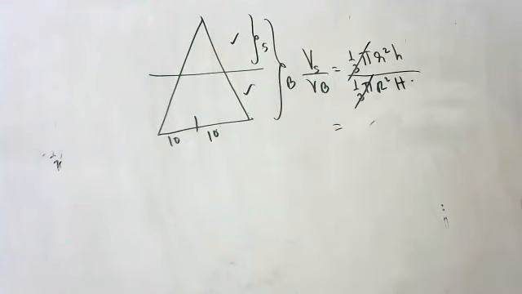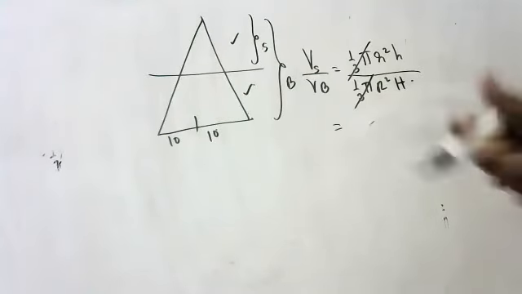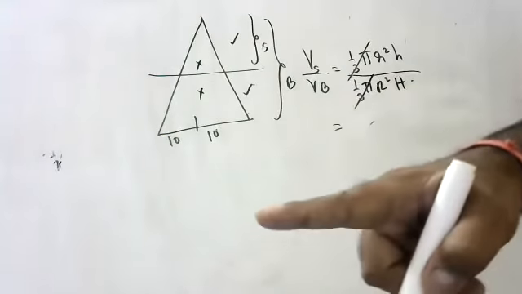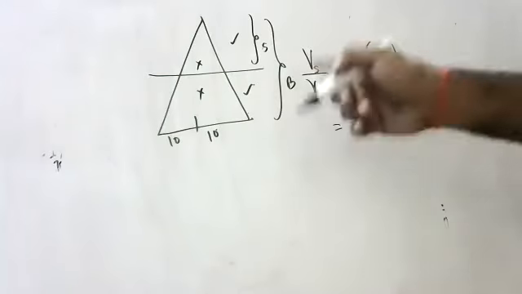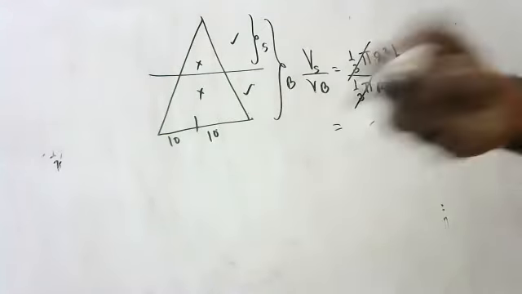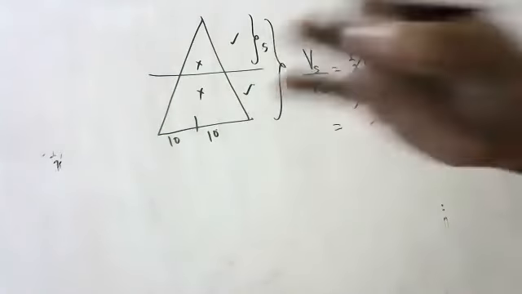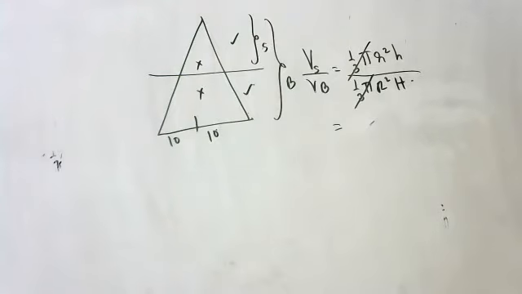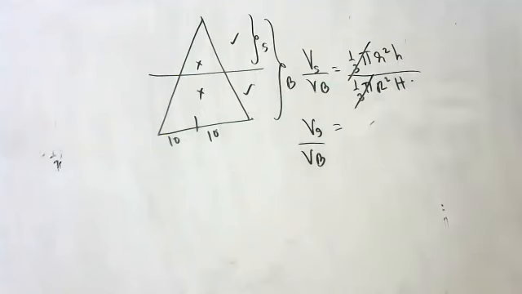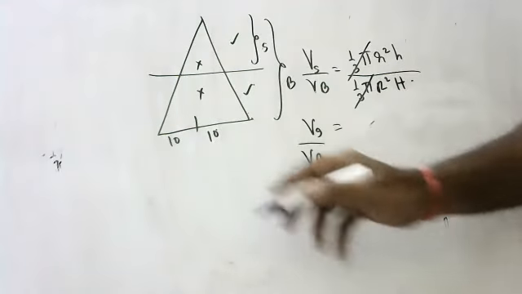The ratio of their volumes they are asking. Sir, we should find volume of small cone by big cone, or volume of small cone by frustum. This by this, the frustum, they want. You don't have the frustum in the syllabus. I am telling in the form of the big cone. From the big cone, I will subtract the small cone, you will get the frustum. I am telling in the form of cones because you don't have that in the syllabus. Okay, now. So volume of the small cone by volume of the big cone is equal to, children, see here, all of you.